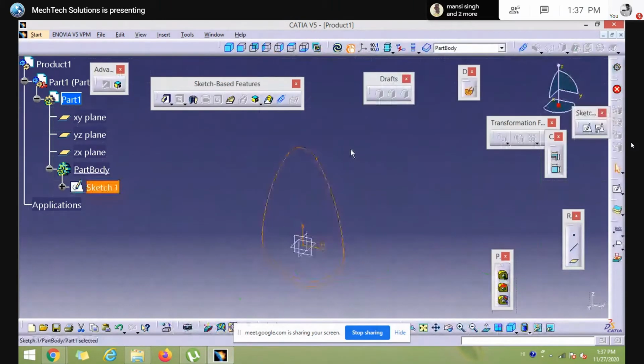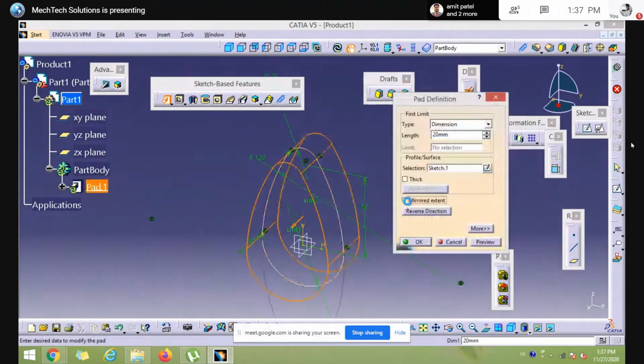It's the profile of the cam. Remember, whenever you pad it, use the mirror extend option. Use length, the value of length is 10. So what happened?